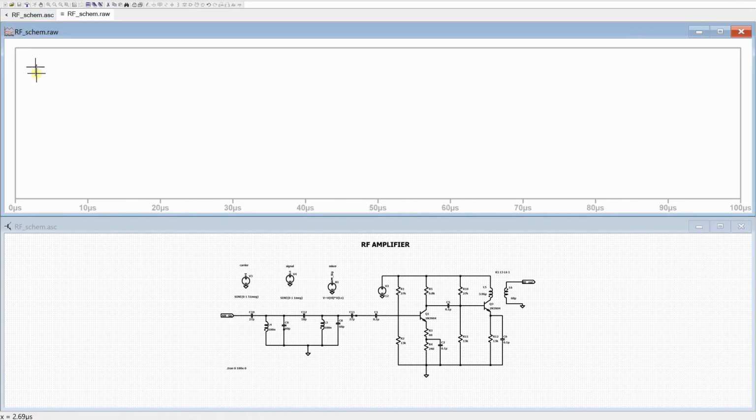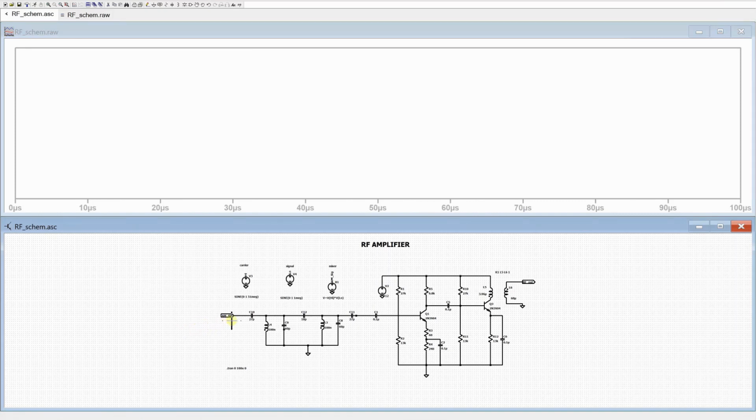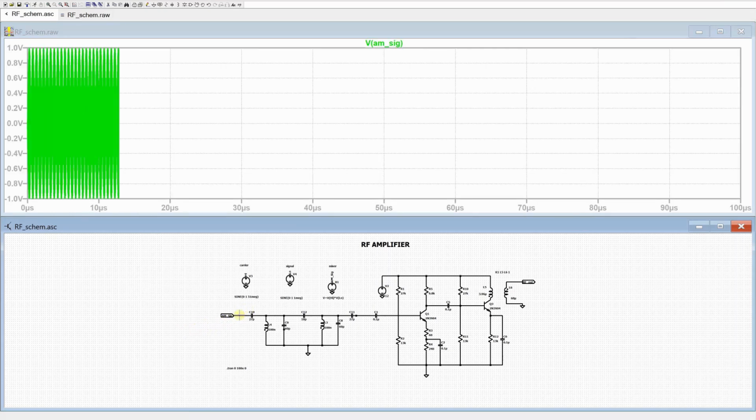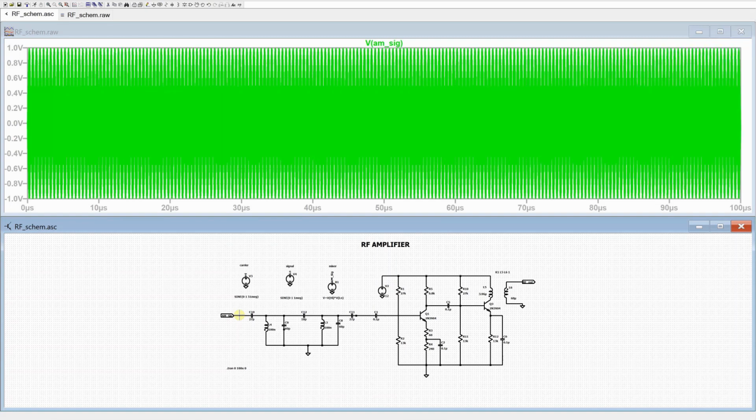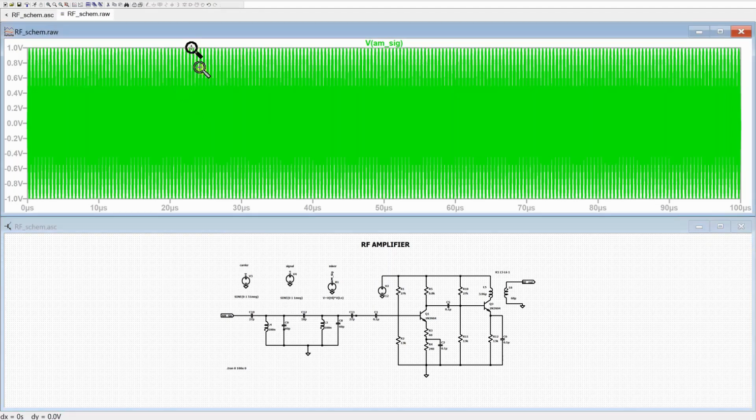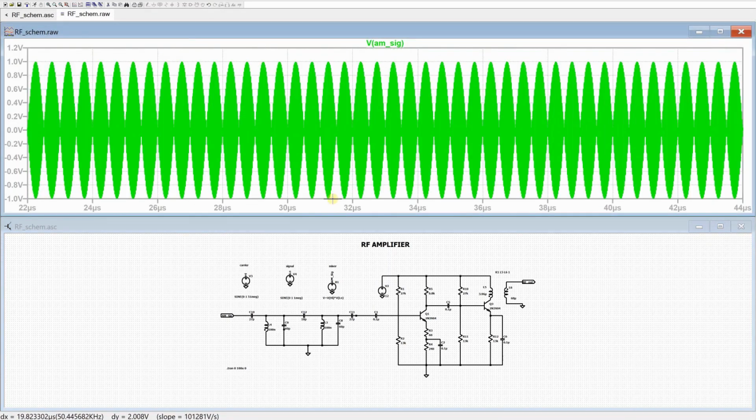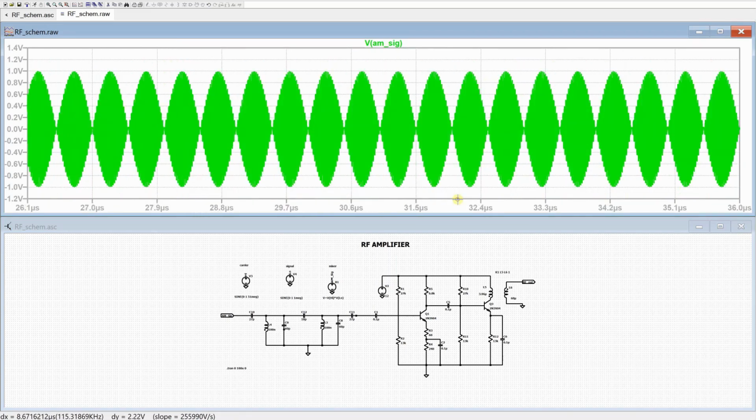It's running, taking a couple of minutes. Okay, so I'll go ahead and bring up the input signal. This is the input signal. Let me zoom in so we can see how it looks. Looking good. This is how the signal sent by the antenna to the RF amplifier should look. Let me zoom in again so that we can see it better. So this is the input signal,